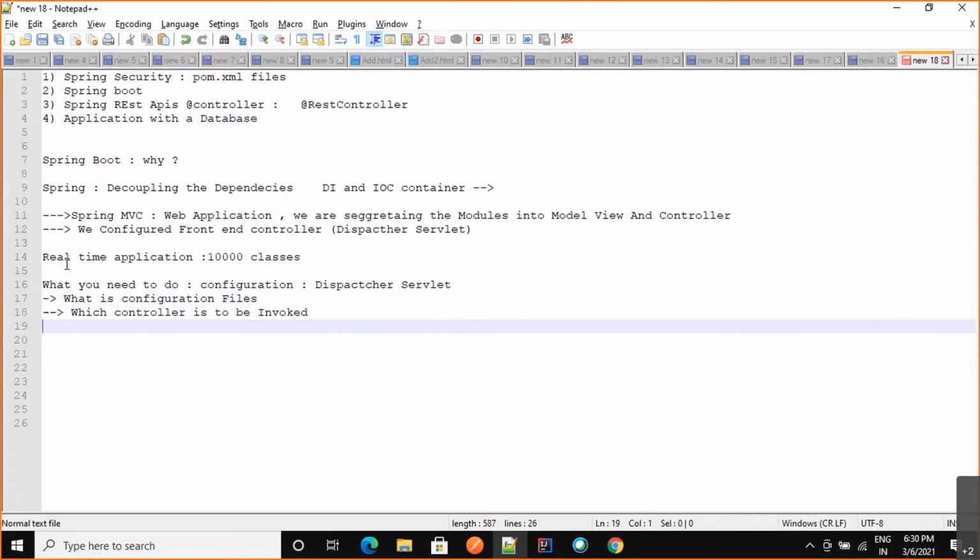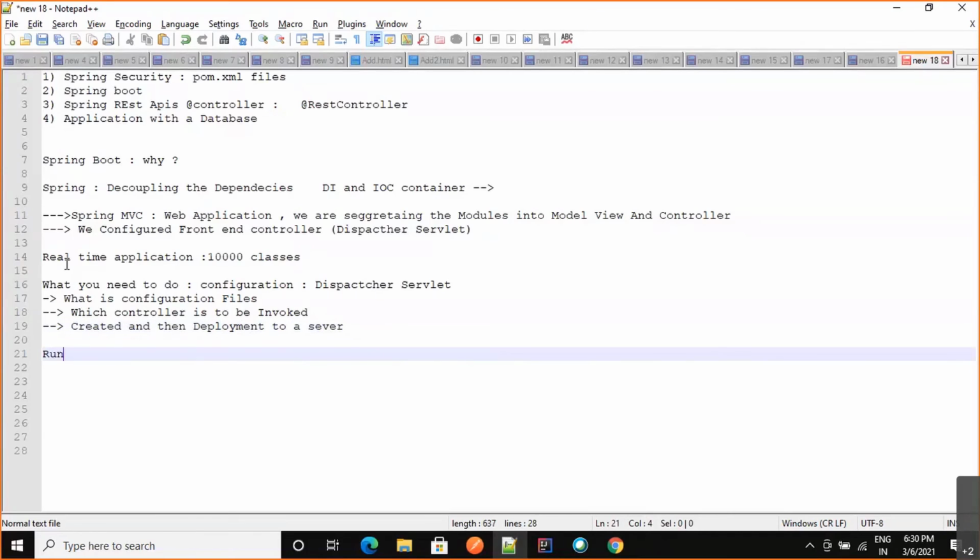And the third thing in Web MVC is that we created the application and then deployed it to a server. When I say deploy to a server, I mean it's just like doing Run As on Tomcat. So these three things need to be done.